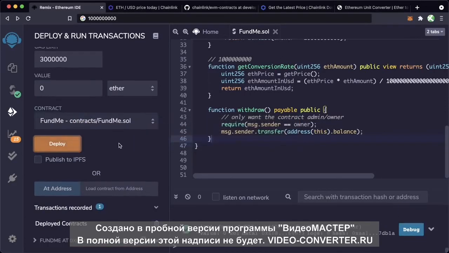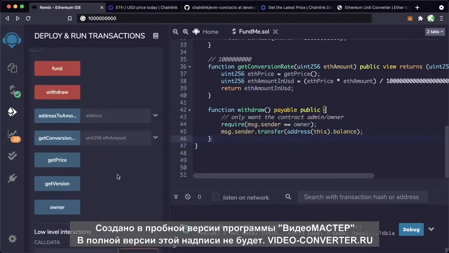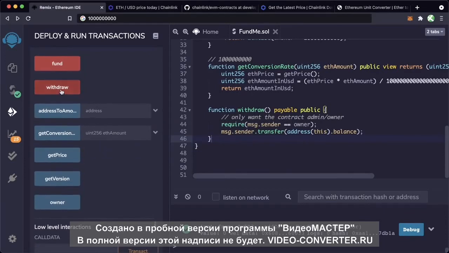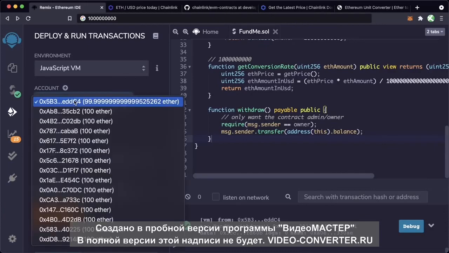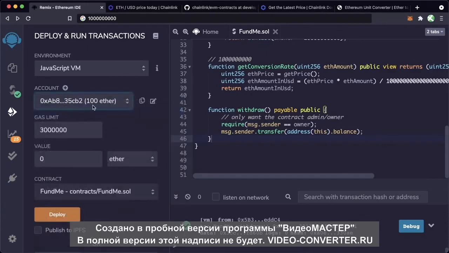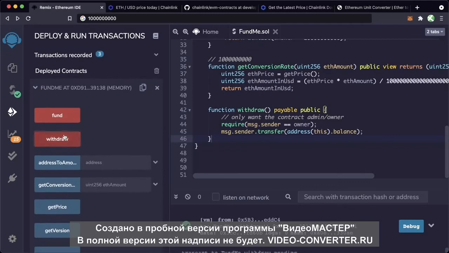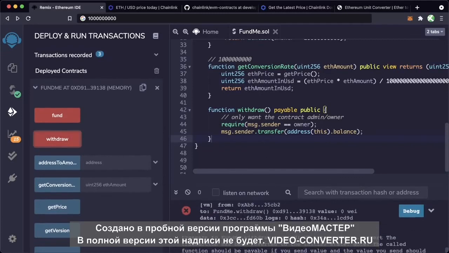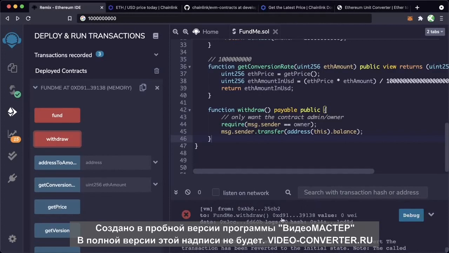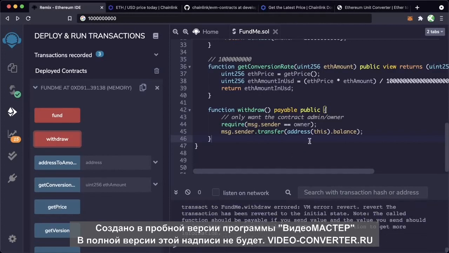Let's deploy this FundMe. And if we go down here, we can try to call the withdraw function. And it looks like it is successful because currently this is the address that deployed the contract and it's also the address that is calling withdraw. However, if we switch to a different account and call withdraw, you'll see that Remix actually freaks out down here. It says, uh-oh, something wrong happened. And this is essentially the